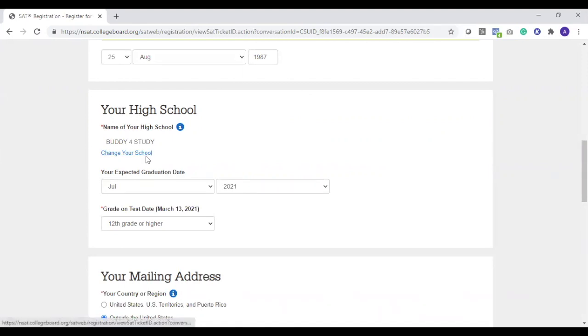Now, before I dive deep into the scholarship and the high school part and explain it to you, one important aspect is a short disclaimer rather, that this scholarship is being offered by College Board and Buddy for Study. We are not the ones offering it. So in case you have any query, please reach out to College Board and Buddy for Study directly with respect to scholarship.